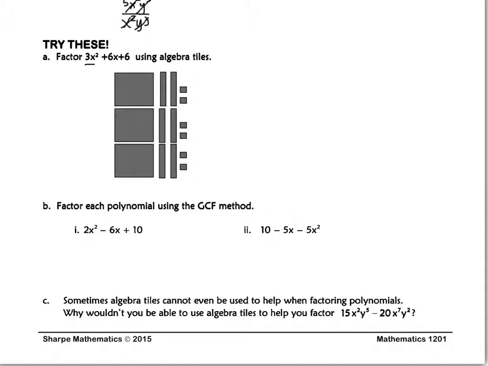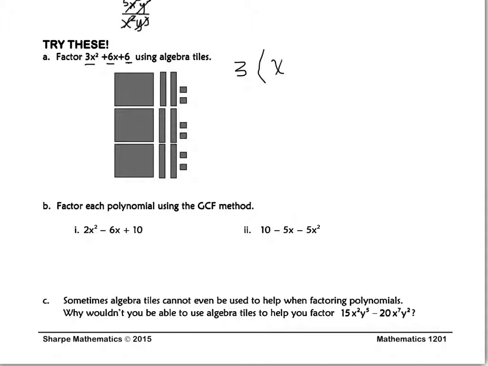There are 6 rectangles to represent the 6x, and then there are 6 unit squares to represent the constant term 6. So when we look at that, they are already arranged into equal groups. And there are 3 equal groups. So our factoring for that would be 3 equal groups of